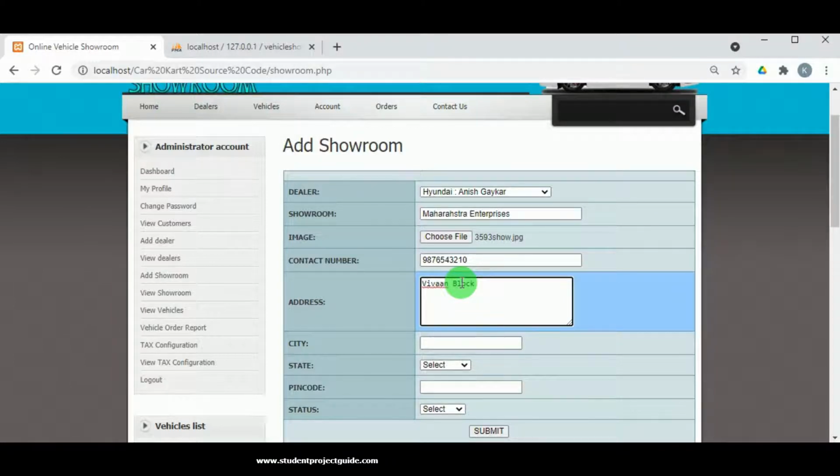Then the city, that is in which city the showroom is located.